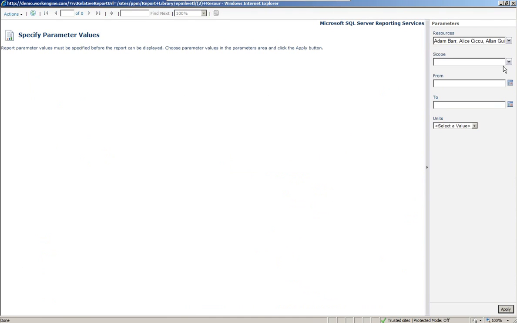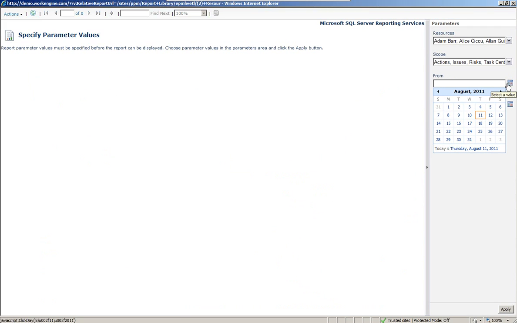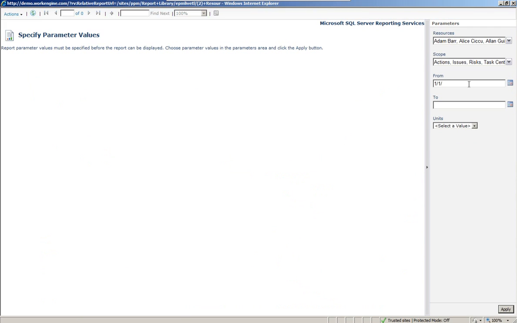Let me say I want to not just look at project tasks, but I want to look at all actionable work. And let's say I want to do this from the first of the year, over, say, a 2-month period for now. And I want to see it in weekly increments. If I go to run that report,